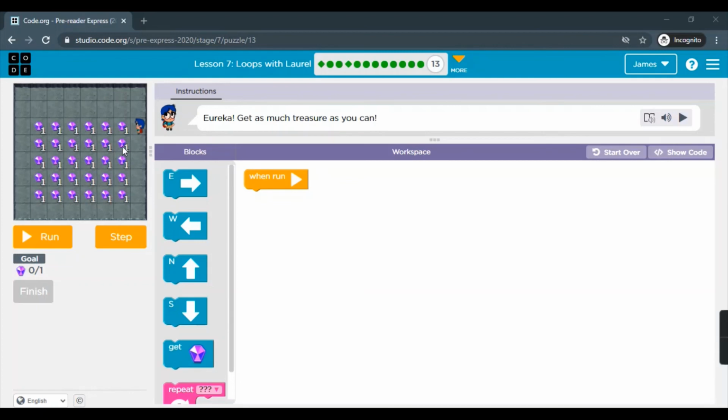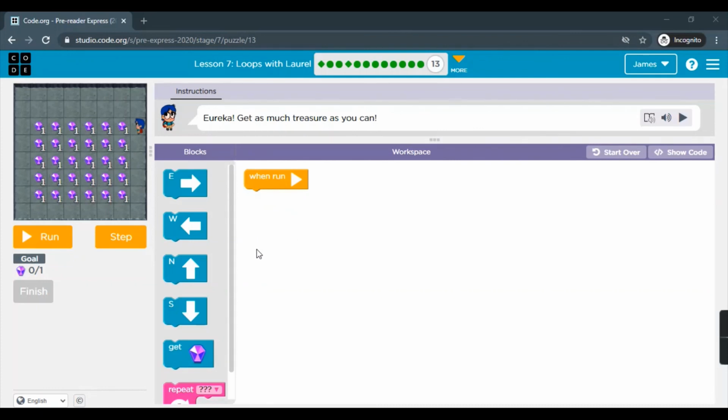What I'm going to do is first move Laurel one step here, then I'll go down, then I'll move him again and go up, then west, go down. So here I am going to find a pattern. For these two blocks, the code will be the same. Then for these two, I will repeat the same code, and for these two also. So I am going to use the same set of blocks 3 times. 1, 2 and 3 times.